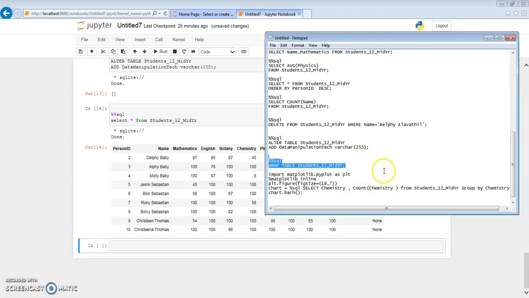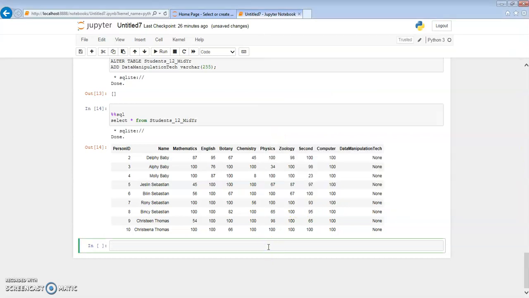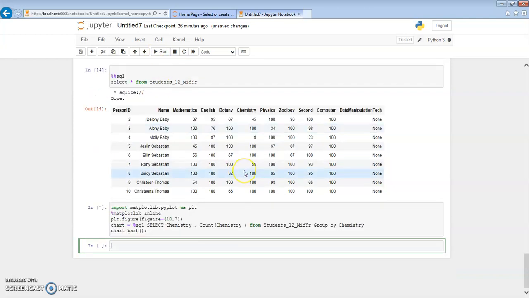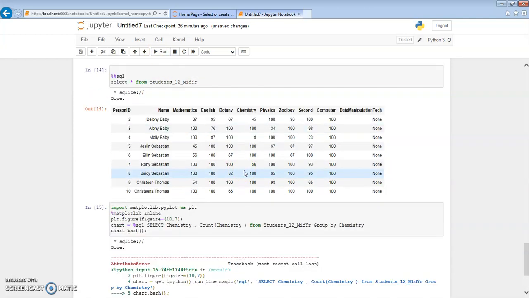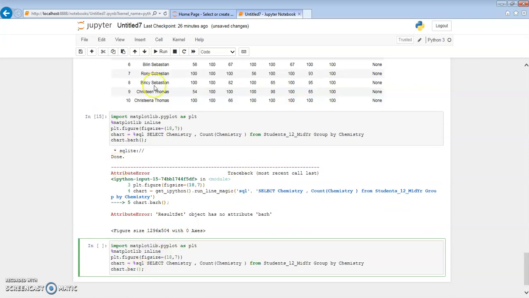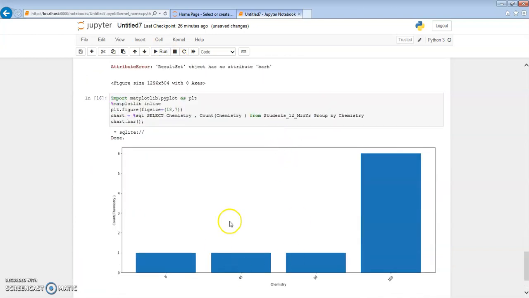Before that, we'll see the visualization of the table using Matplotlib. That library helps us see visualizations in charts like bars, line graphs, etc. For that we have to import those things, and now I am importing it. I am trying to see the chemistry marks and, against each mark, the count of students who secured that particular mark. I am running it. Oh, sorry, there is some error. I have given the bar as horizontal, so it will run now. We can see the graph now.